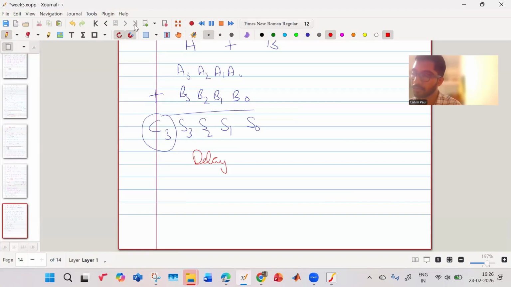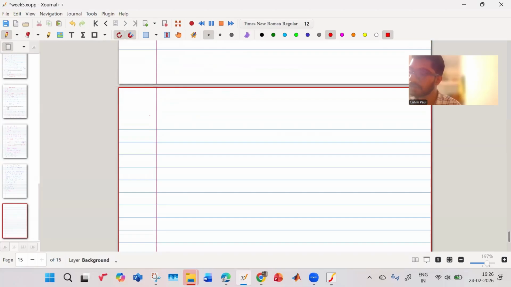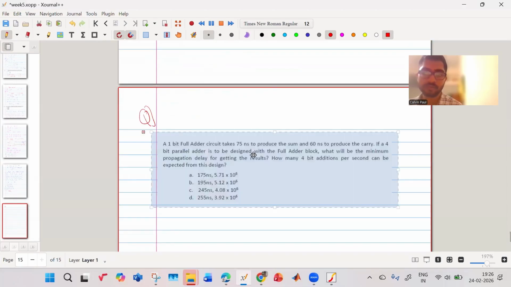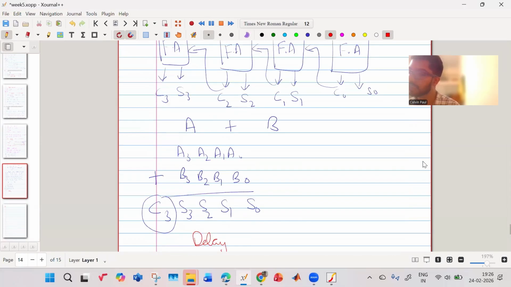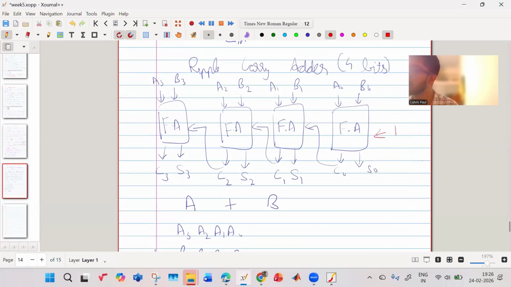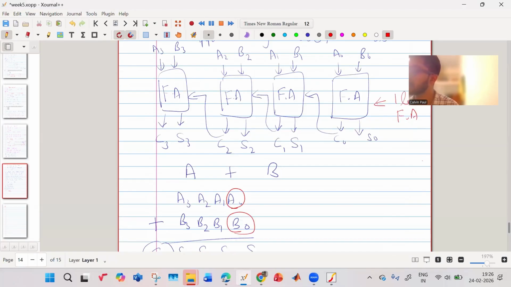So you have a 1-bit full adder. Okay. So this is like your, what is this? This is your 1-bit full adder, right? Because it is taking 1 bit A0, it is taking another bit B0, and then it is doing addition. So that's why it is a 1-bit full adder. Okay. So now,